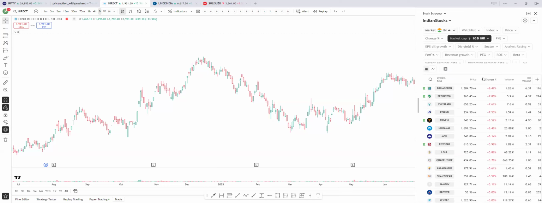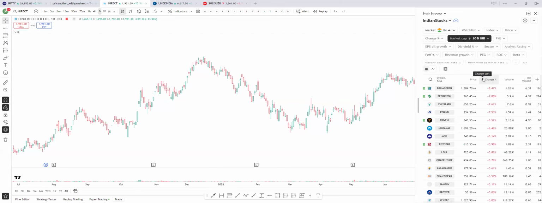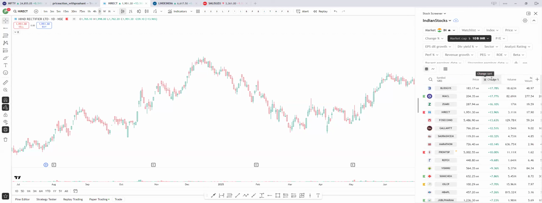So in this, what I do is I check those stocks which are positive for the day. If I want to buy stocks, I check the stocks which are positive for the day. When we sort this, we can change it to descending order or ascending order. I keep it in descending order so that I see which are positive stocks. When I start at 9:15, some stocks are 10% up, 7, 8% up. I neglect those stocks because after an 8%, 10% move, there is nothing left. Even if it goes to 20%, I will not be able to capture any good profit in that because